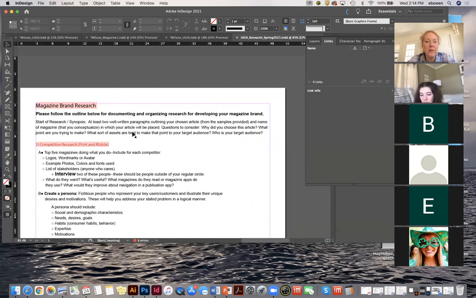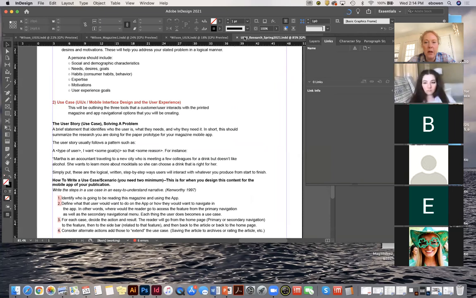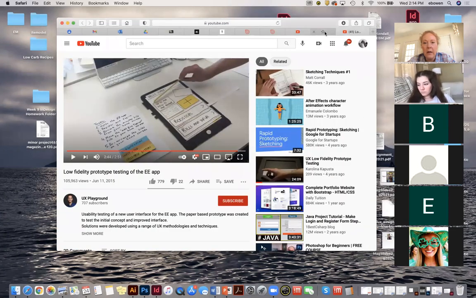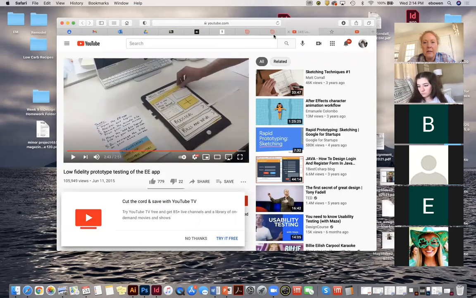So I'm giving you this template for your research, and that will be included in the assignment in Blackboard. As you start researching magazines, obviously look for printed magazines that you find out there, but you can also find